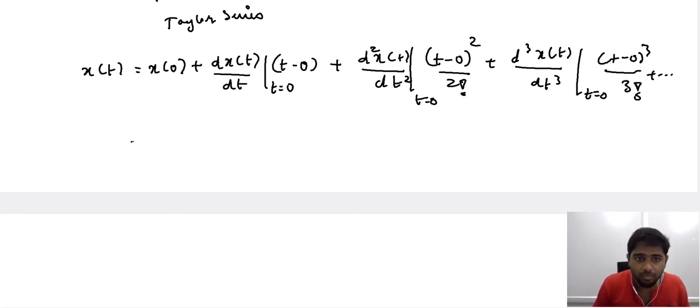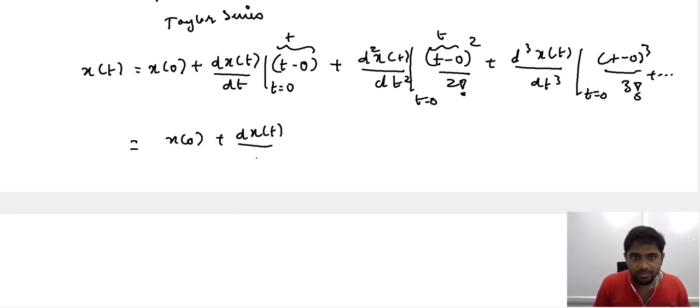So therefore, when you know the derivative of a function at t0, this can be expressed as this. All we need is to replace this t0 with t, and what you would end up having is x0 and d